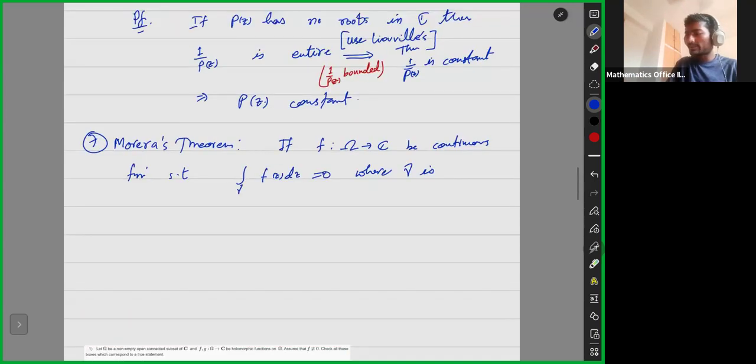Omega is, remember, open and connected. Here we use connectedness because from one component we cannot go to the second component by using a polygonal path. So open and connected it is. So if it is the case that the integral is 0, then f is holomorphic, or f has an antiderivative using